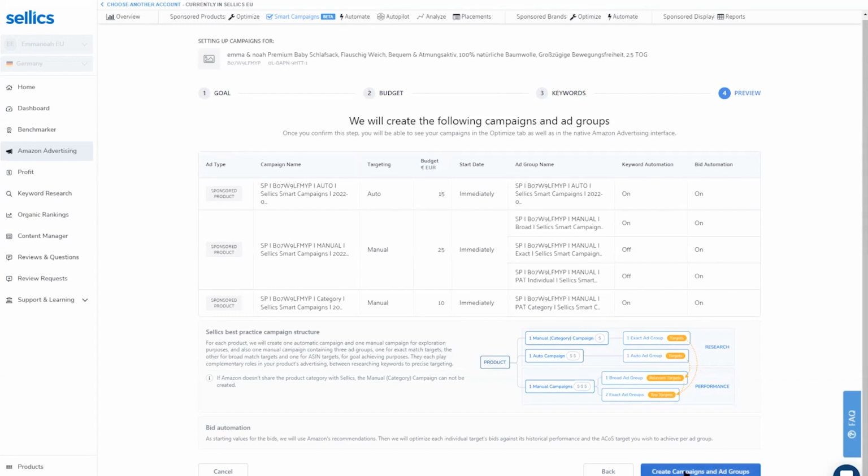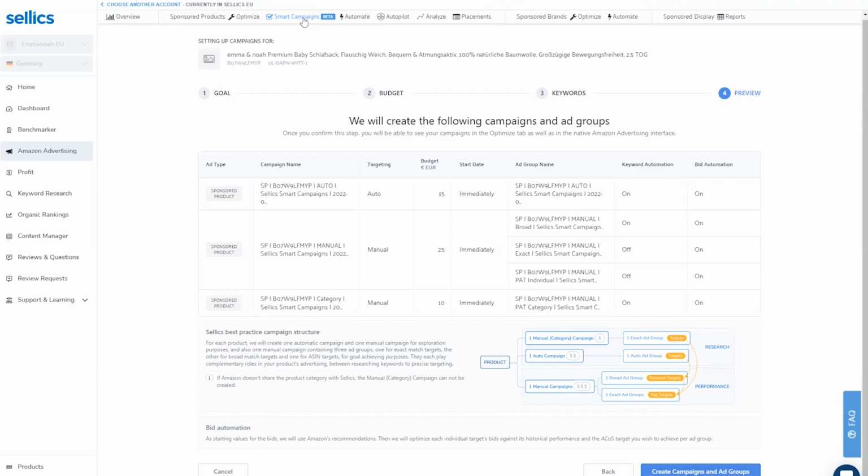After you have clicked on create your campaigns and ad groups, it will constantly improve your campaigns every day. So it will reduce the bids for bad performing targets or keywords. It will increase the bids for good performing keywords so that you can have even more sales and traffic. And it will move keywords from one ad group to another in order to perform better. So basically it does everything for you automatically. And you just saw, it took me 5 minutes to complete all the steps. You just click on create campaigns and ad groups, and that's it. It's a very powerful and unique tool.